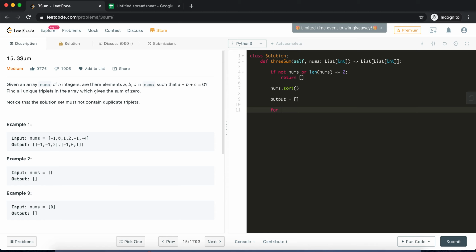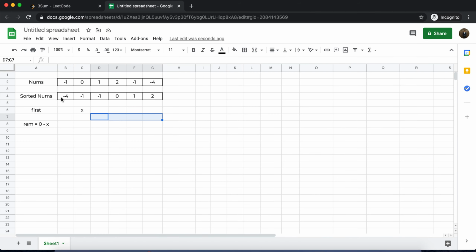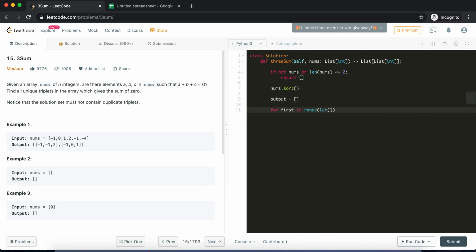Okay, now we will have an output array to store our outputs. First we need one loop to traverse the first number, so we'll do that. That loop will start from the first position, but it will end at the third last number, because we are finding triplets and the first number can only reach here, since we need space for the other two numbers. So the search for the first number has to stop here, and we will account for that in our loop logic. From the 0th to the third last number, we'll search for this first number.